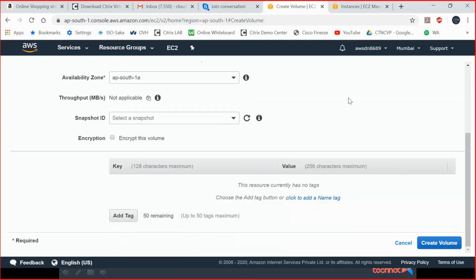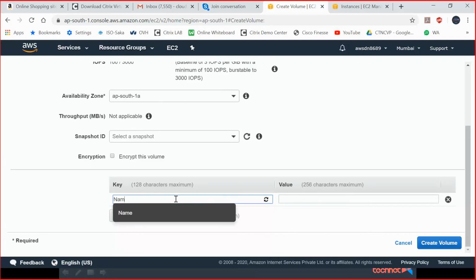Do you want any snapshot ID? What is the requirement of a snapshot? The snapshot I will discuss later; I'll give you just brief information. If you want to create a volume from some previous backup file, you can immediately take it with the snapshot. At present I'm not selecting this, nor encryption.